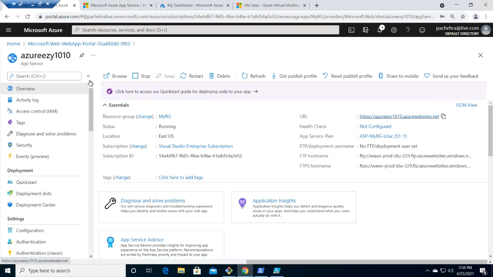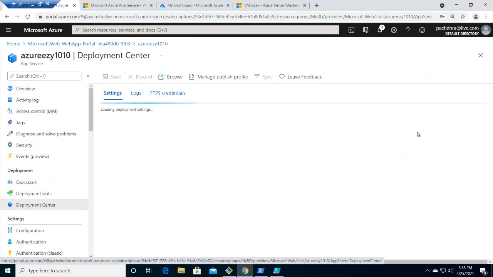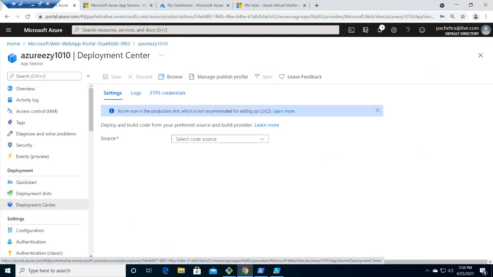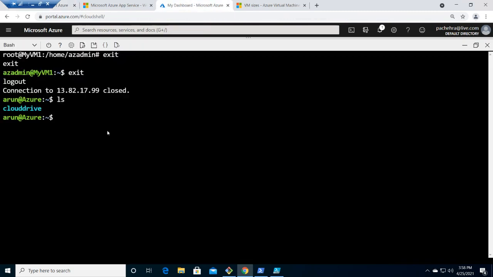I have this. Let me go to Deployment Center. And before I go to Deployment Center, let me try this. I'm back in the Cloud Shell, and I have Cloud Drive here.